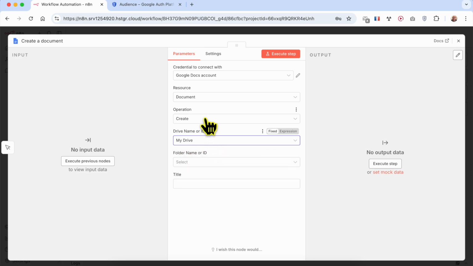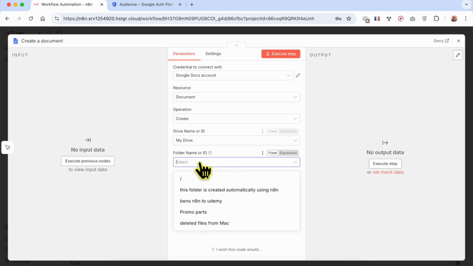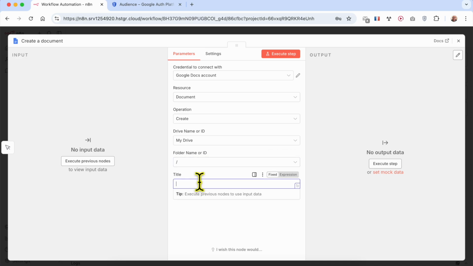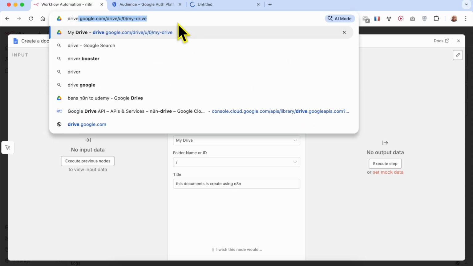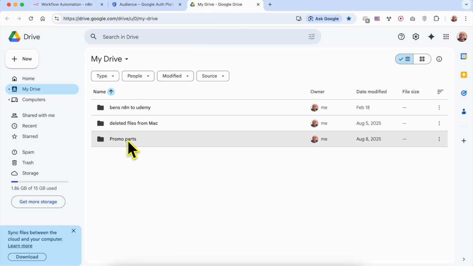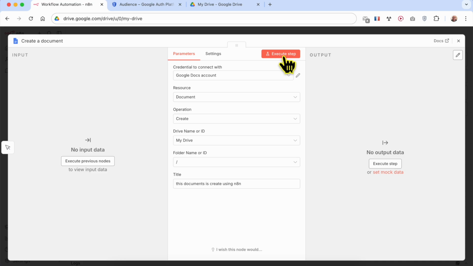So I will create a document inside my drive, with the name my drive. And then I will select the root folder, and the document will be titled, for example, this document is created using n8n. Before I hit execute step, I will open my drive account in a new tab, and as you see, those are the current folders. And when I execute this step,